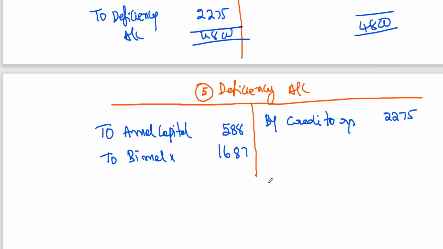So I repeat once again. First, you close which account? Creditors account. The balance in creditors account is transferred to deficiency account. And the balance in partners capital account must be equal to deficiency. That's it. So this is how you need to work out the problem. So all the accounts have now been closed. Surprisingly, you may get a short question, like an 8 marks question. It can't be a lengthy question, so you can expect these as short questions.